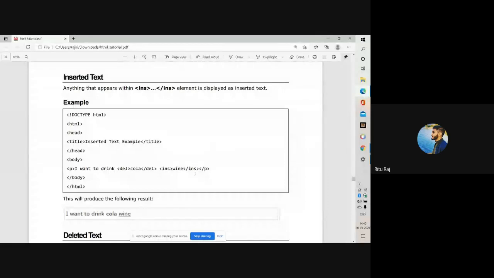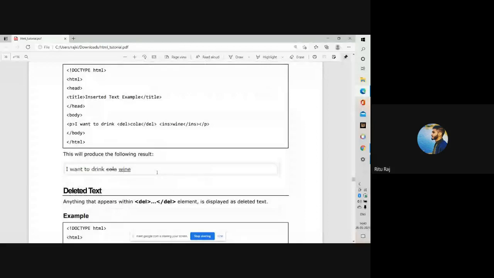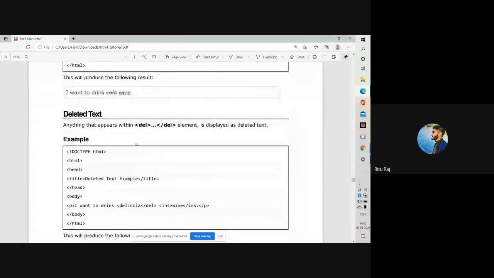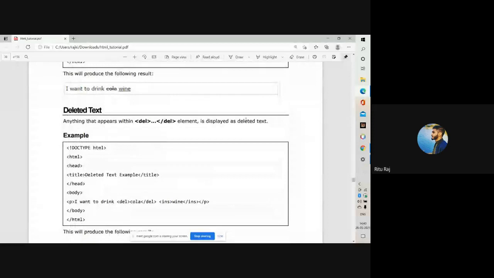Here you can see that I want to drink cola, and then I want to drink wine. Now deleted text. Anything that appears within these elements is displayed as deleted. You can see here.